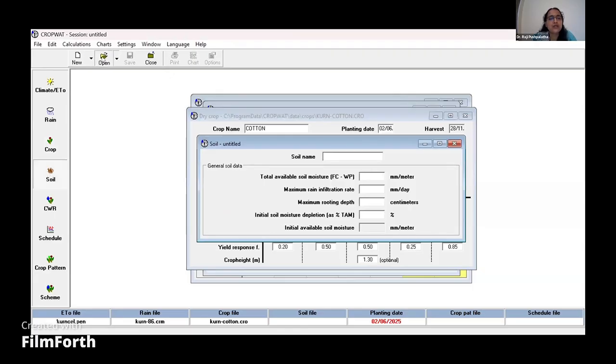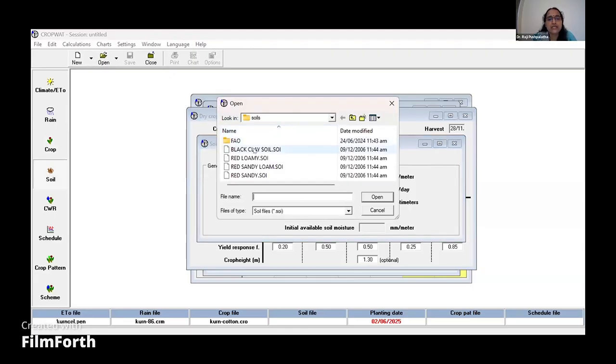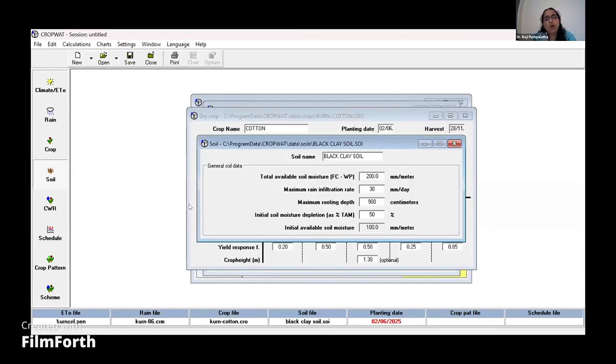Similarly for soil also, I'm going to use the existing data just for this trial run purpose. So see, all the input data is now ready. So now the model, once you click this CWR option, that is the crop water requirement option, the model will